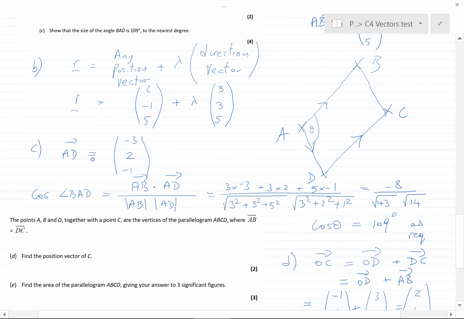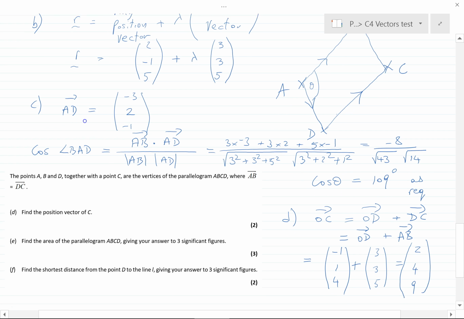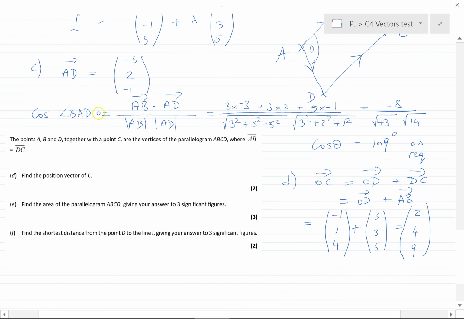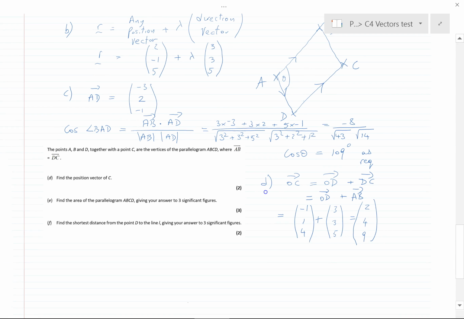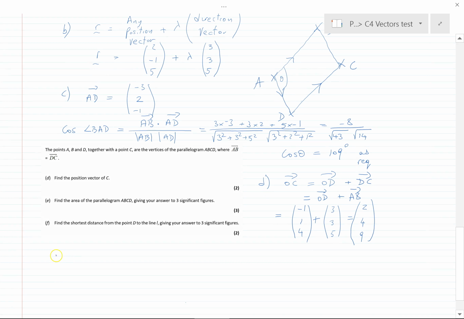Right, now it talks about finding the area of this parallelogram. So the area, this is part E now, is equal to, well, if it were a triangle, it'd be half AB sine C, but it's a parallelogram, so basically we've got two of these. So that's the mod of AB and the mod of AD